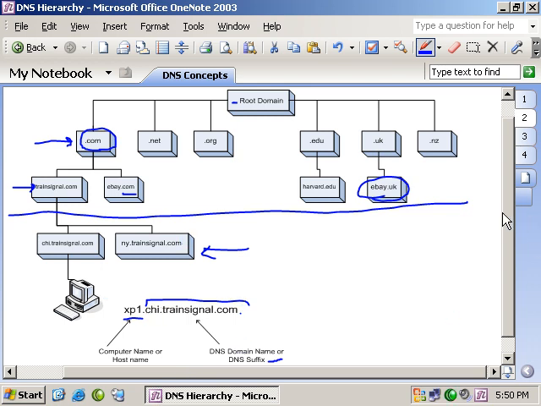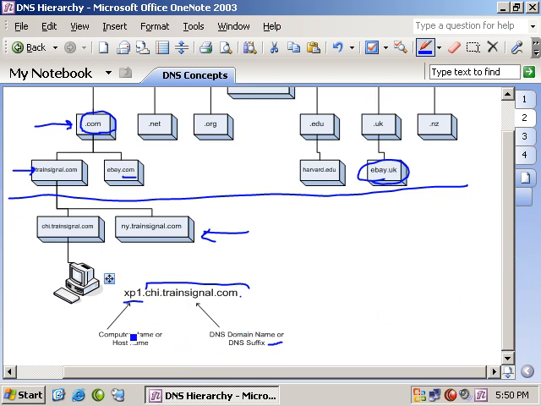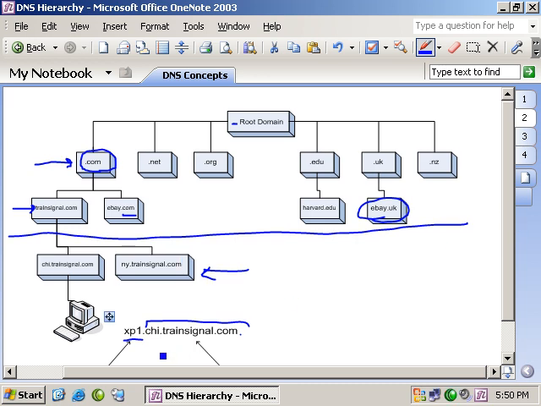So anytime you see that written down, we've got our computer name, and then we've got our DNS domain name or DNS suffix to the right. And this breaks down a namespace fairly well. It gives you a pretty good feel for what the public namespace looks like. So sitting here from a client machine, let's do a brief example. If we wanted to resolve a name and actually talk to a web server at harvard.edu, I might type in here from my computer